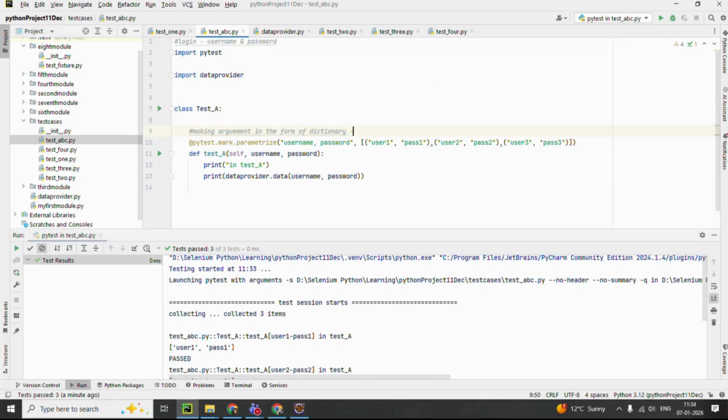Dictionary like, sorry, key value, key value. Yeah. Like say if I want to pass the data, I will pass it like username,